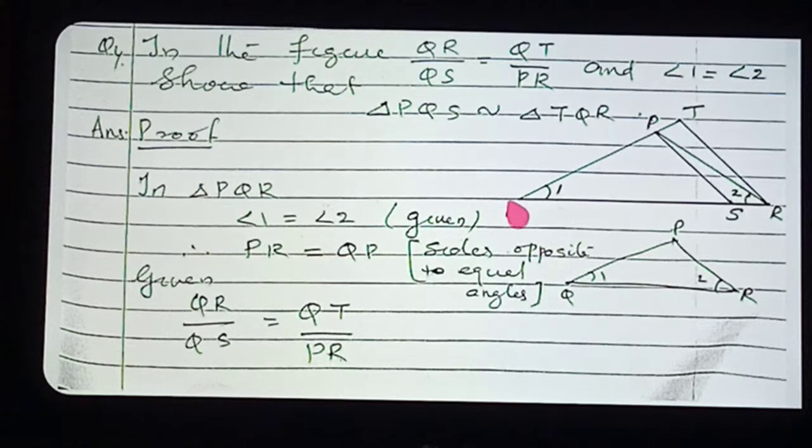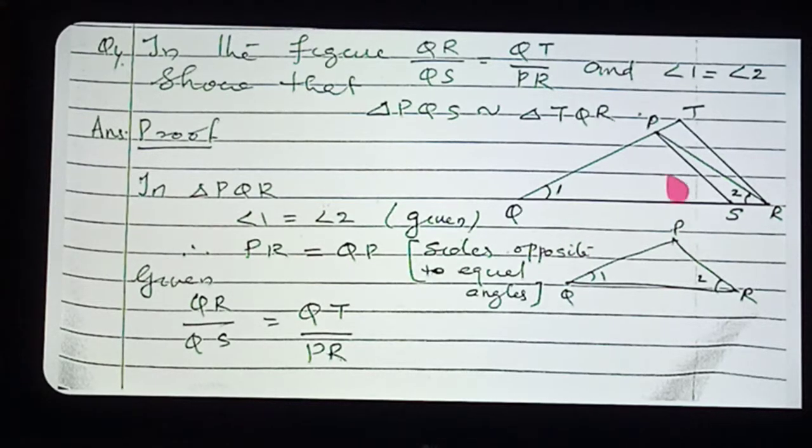This one is triangle PQR inside a triangle, triangle PQS inside this triangle, and TQR, the bigger triangle outside. You want to prove these two triangles similar. Okay, so for proving this one,